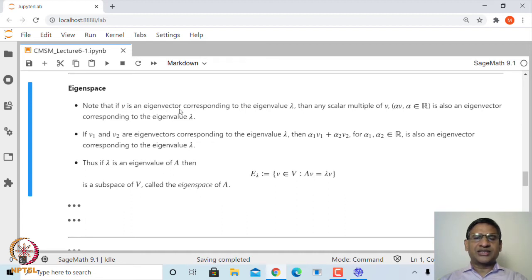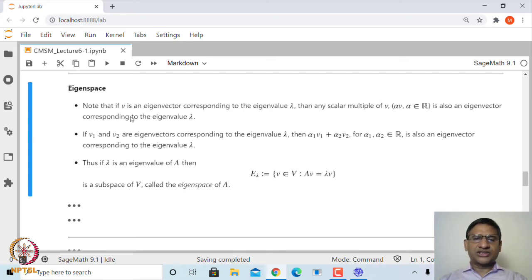Therefore, A times alpha V is nothing but lambda times alpha V. It means that any scalar multiple of V is also an eigenvector of A with respect to the same eigenvalue lambda. Similarly, if you take 2 eigenvectors V1 and V2 and take a linear combination, alpha 1 V1 plus alpha 2 V2, and apply A to this, again you will see that this is nothing but lambda times alpha 1 V1 plus alpha 2 V2. In particular, alpha 1 V1 plus alpha 2 V2 is also an eigenvector corresponding to the same eigenvalue lambda,